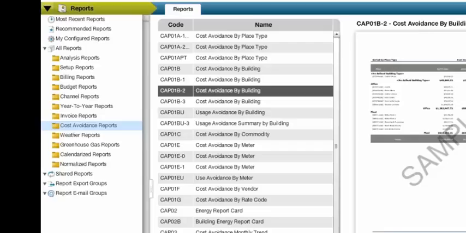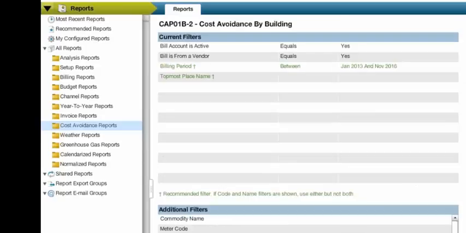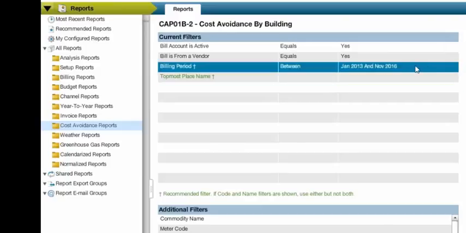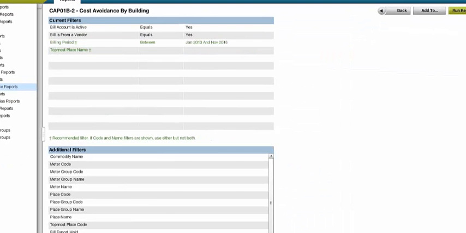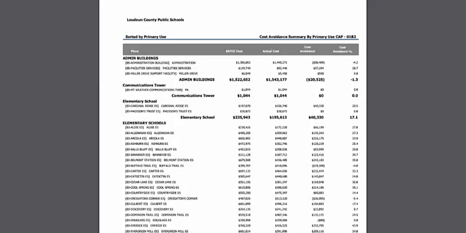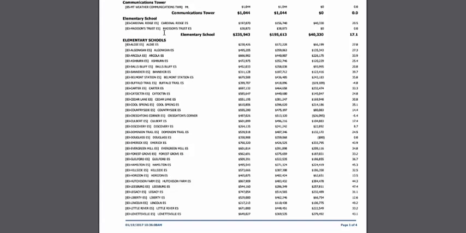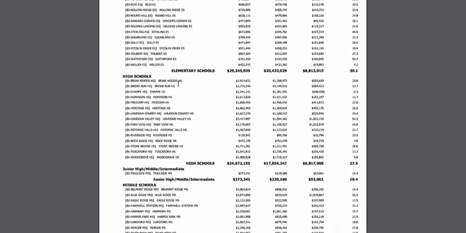I'm going to run the CAP 01B-2, and I'm running it for all buildings with this same 4-year date range, 13, 14, 15, 16. And that report is this one. This version of it, the -2 version, separates the buildings by primary use. And what I like about that is I can see all of the elementary schools in the same category, and I can see all the high schools together and the middle schools together,